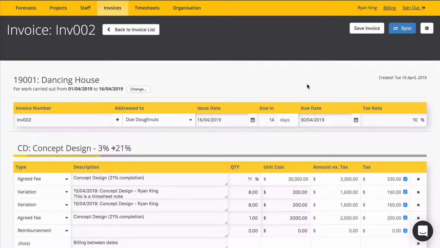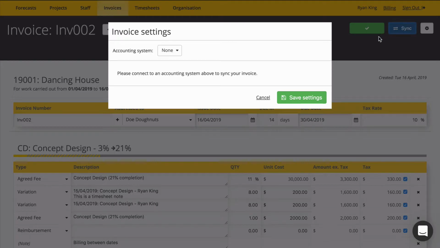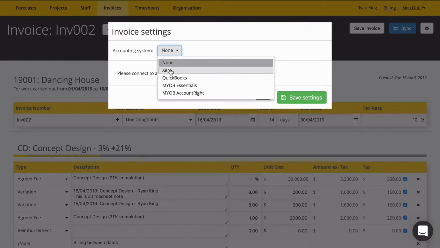So you've created your first invoice and you want to sync it over to Xero. So all we need to do is hit the sync button in the top right corner here. It's going to open our accounting system settings. We can select Xero,